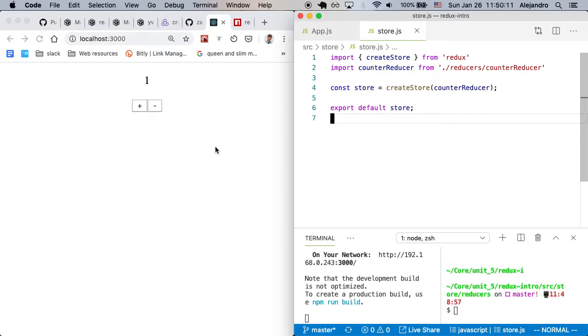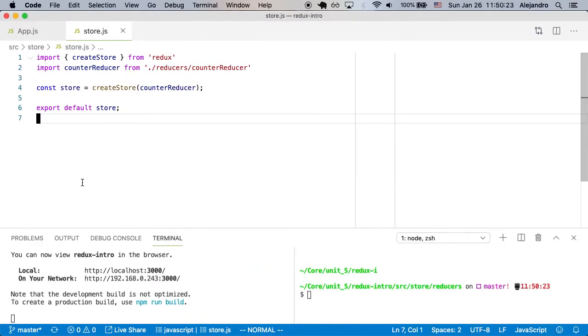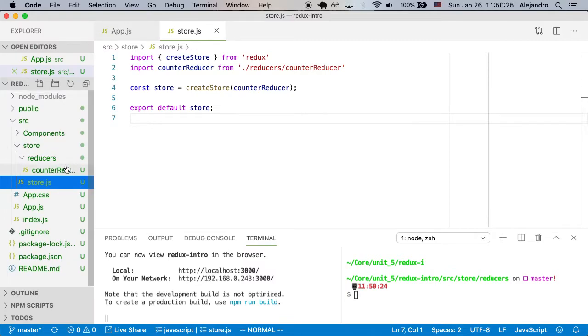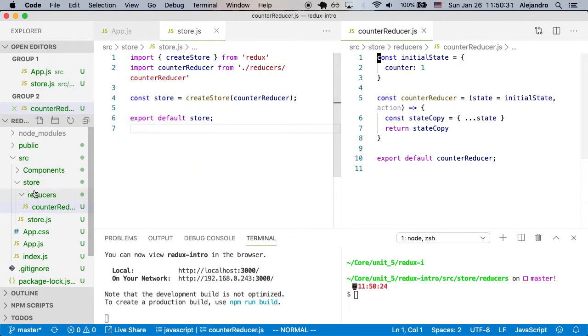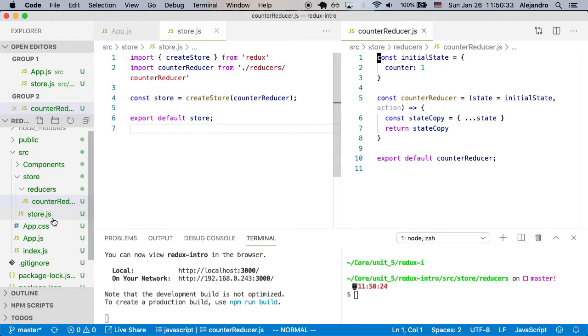Let's do this part last. Let's do this now, which is an action, and our component actually dispatching an action. So sort of, let's step back for a second. Let's see the files that we have. We have store. We have the reducers folder with our counter reducer. I'm going to put here on the right. And we have our store. That's it. And in app,